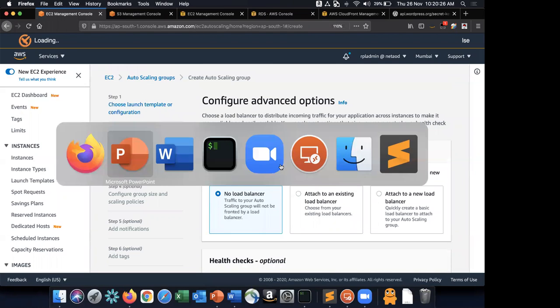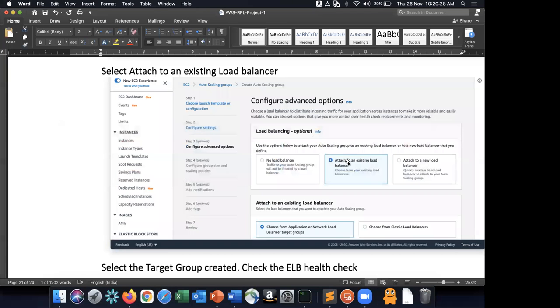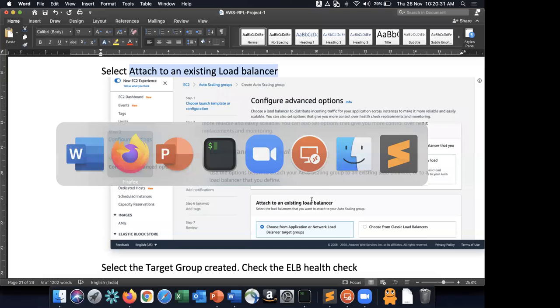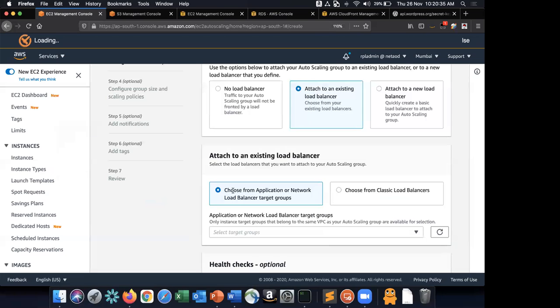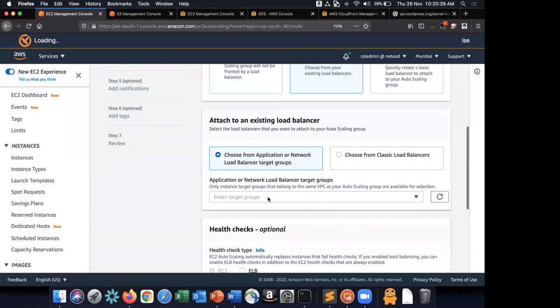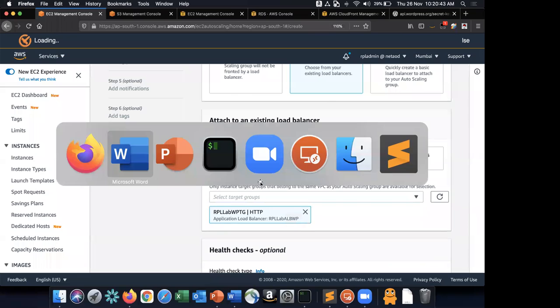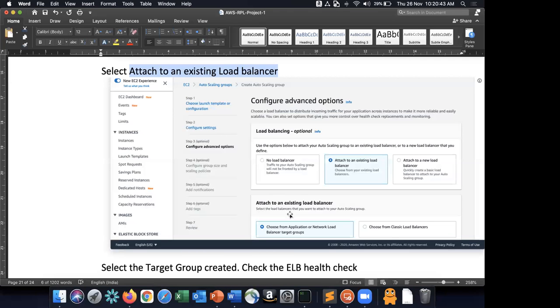In the load balancer, you have to say attach to an existing load balancer. Select this option, attach to an existing load balancer. And once you do, it's going to ask you to choose an application or network load balancer target group. So select the target group as RPL Lab WPTG. Select that target group